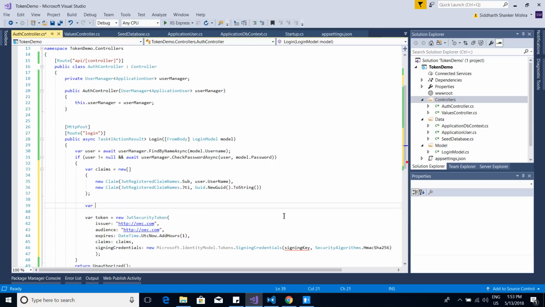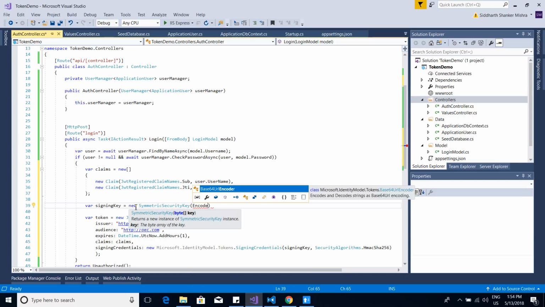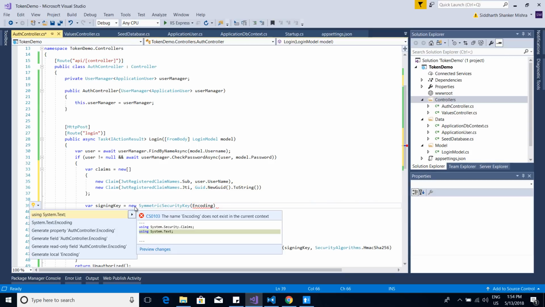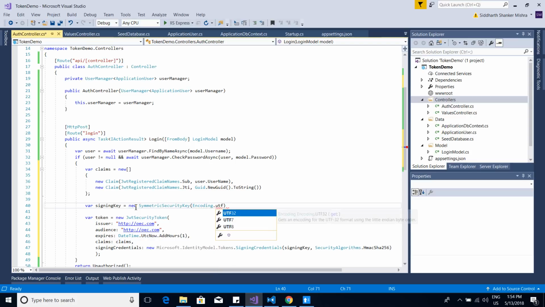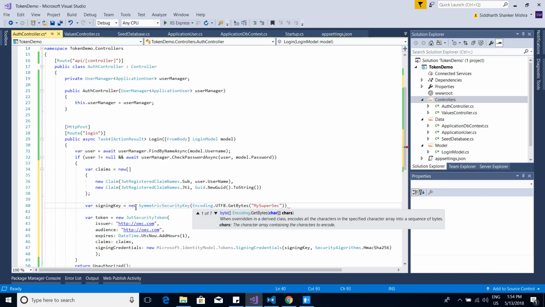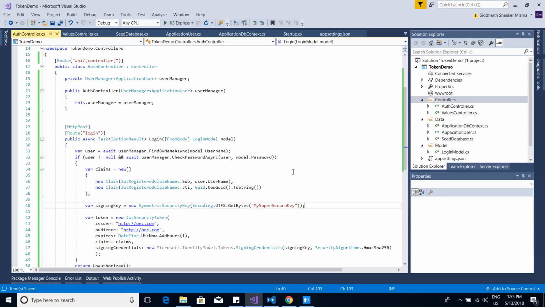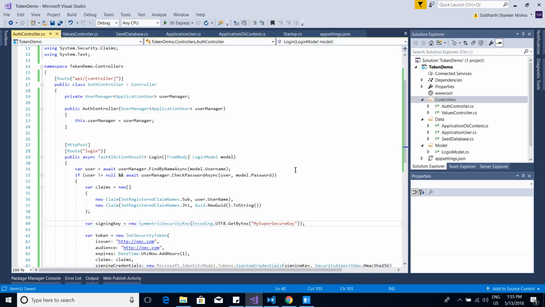And now we will create a signing key. So just copy this variable name we declared earlier. Sorry, not declared, just wrote there. And now we need to just assign it new SymmetricSecurityKey, and we will use Encoding.UTF8.GetBytes, and here you have to give your key. So I will use my super secure key, like that. It's not super secure, but okay, this will work here for now. So just save it, and if I go ahead and run it like here,